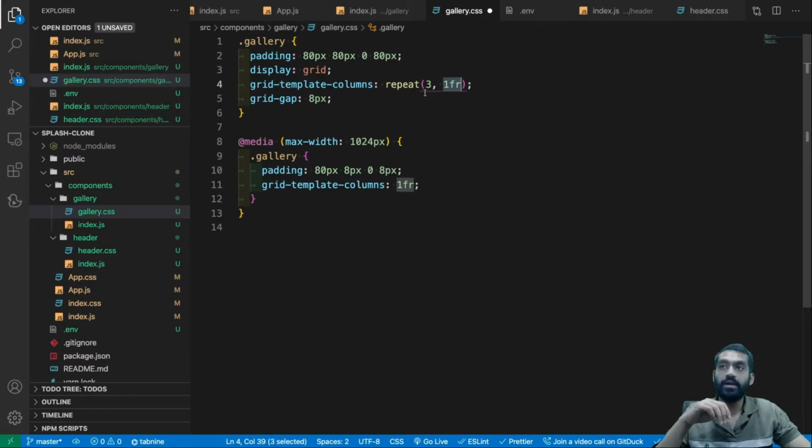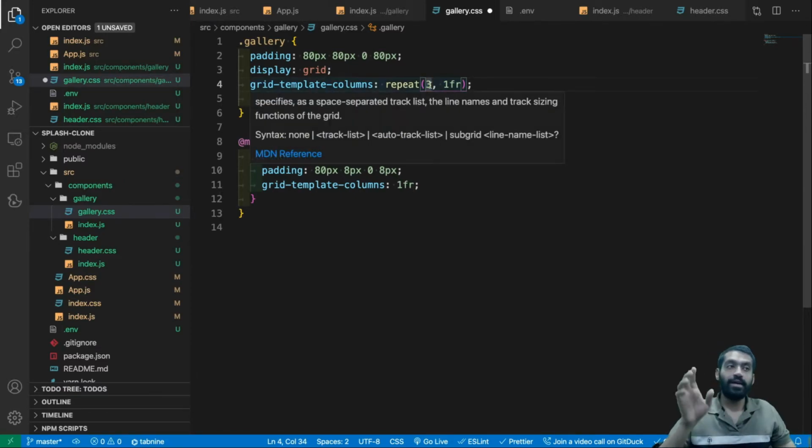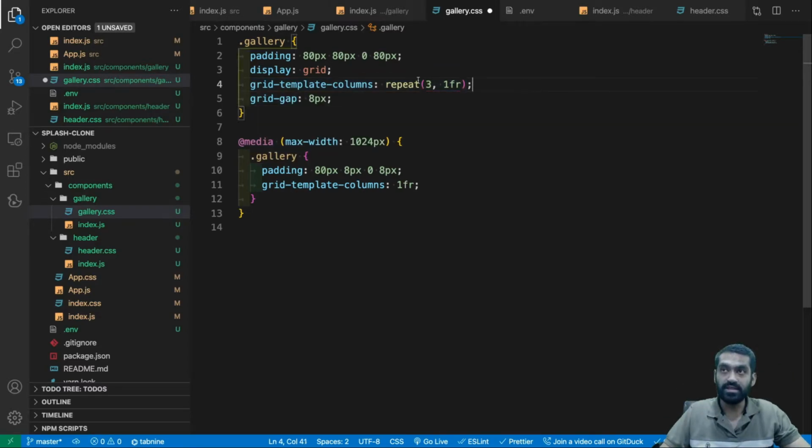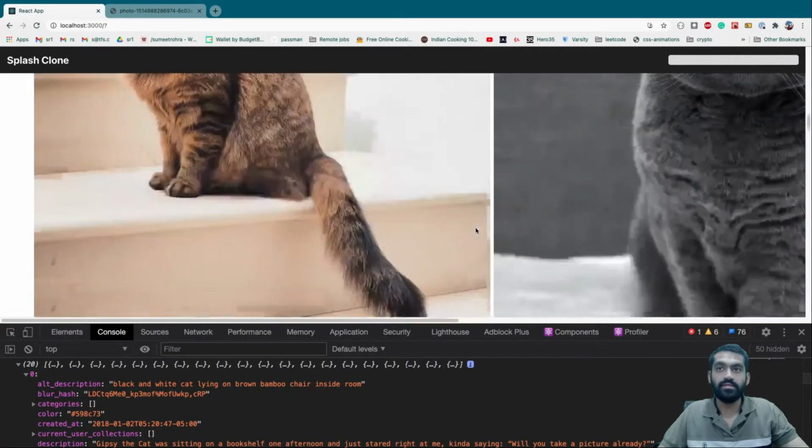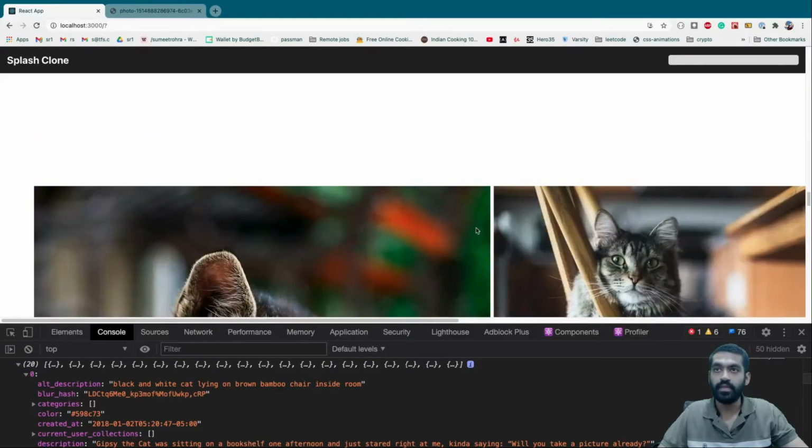Let's say if I do repeat 4 1fr, it will divide the whole grid into 4 parts. Now, if I'm doing repeat 3 for 1fr, 1fr will be the available space that is divided into 3 parts. And grid gap is basically the gap between those components, right? Let's see. Yeah, but the images are too big.